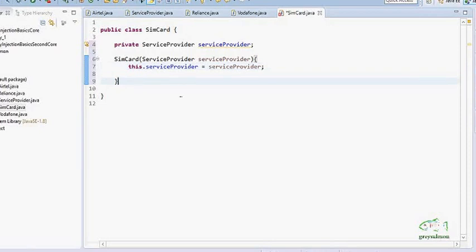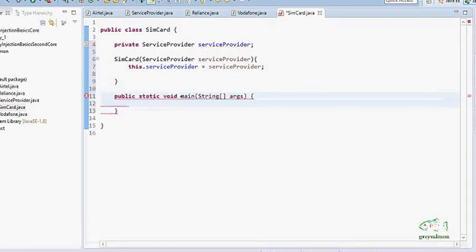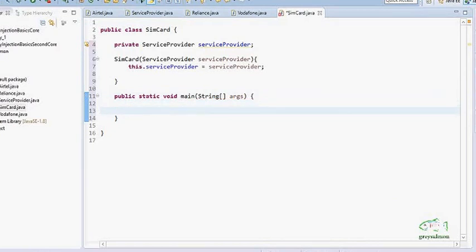Now we will design one main method, and in this main method we will create one object of class SIM card. The object of SIM card is equal to new SIM card. In the constructor we can inject any object of the service provider.